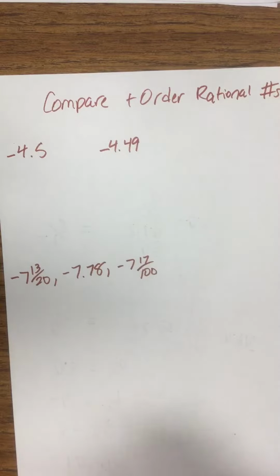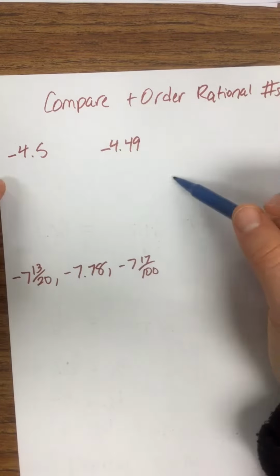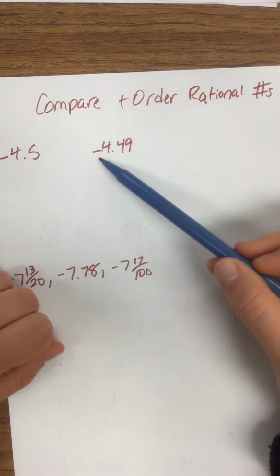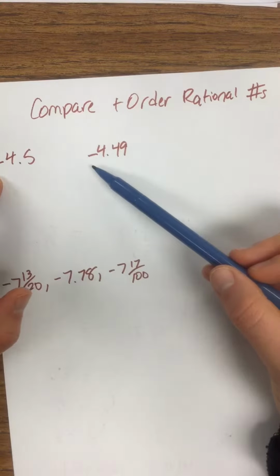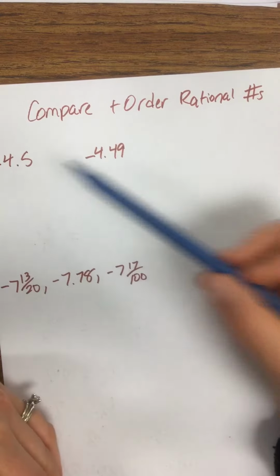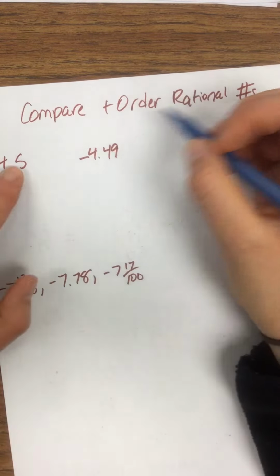This video is on comparing and ordering rational numbers. So we talked about comparing and ordering integers. You always want to look to see if there's a positive and negative, but in this case they're both negative. And if you have the number sense to tell by looking at it which one is greater,